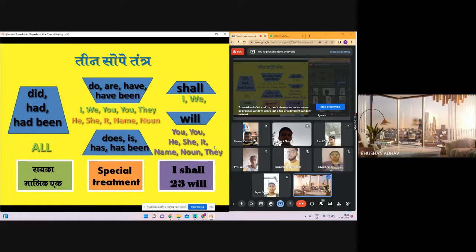Then two, three will means what? For the second person and third person you have to use will. So only will? No, the whole family of will: will, will be, will have, will have been. So here very clearly,